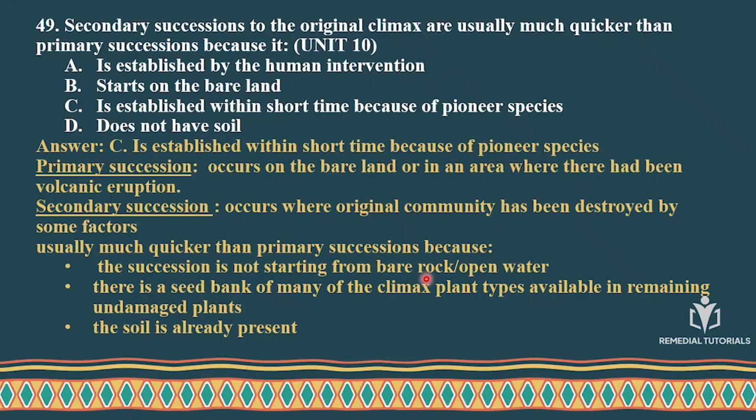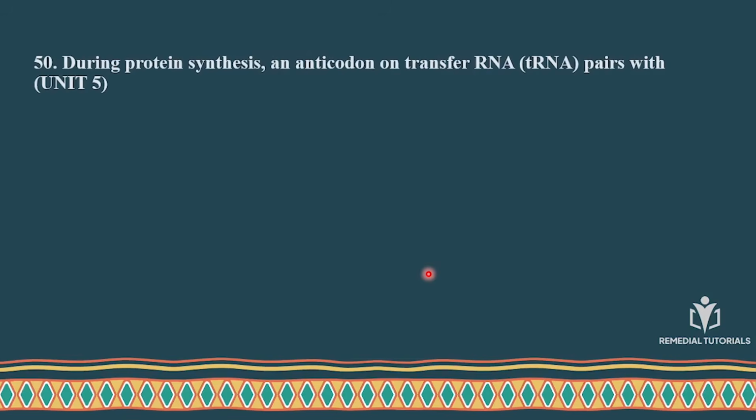The answer would be C. The last question. During protein synthesis, the anticodon on transfer RNA pairs with